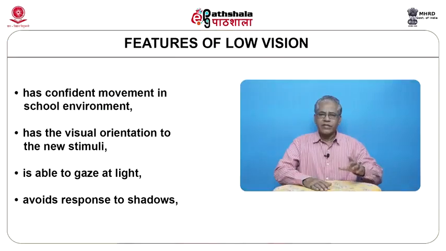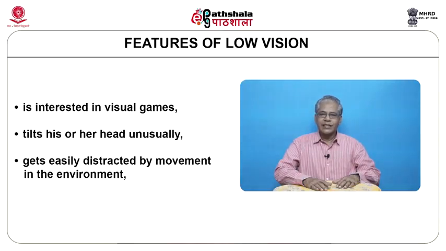Low vision as a visual impairment may be identified with the help of common features, such as that the child has confident movement in school environment, has a visual orientation to the new stimulus, is able to gaze at light, avoids response to shadows, is interested in visual games, tilts his or her head unusually, gets easily distracted by movement